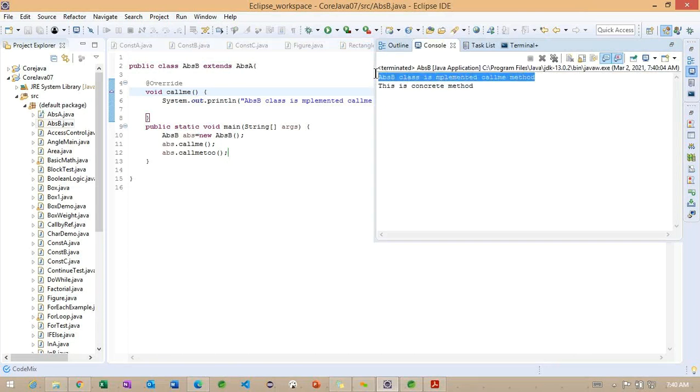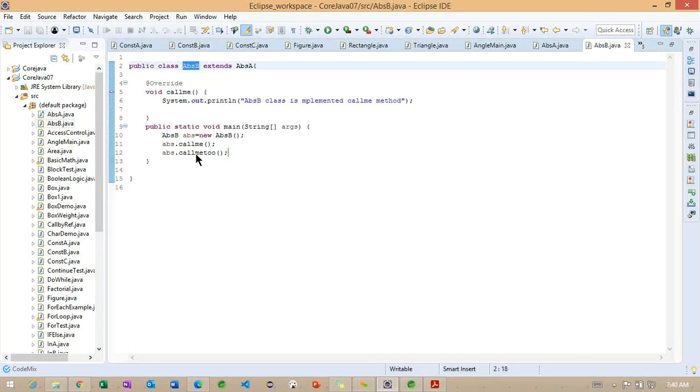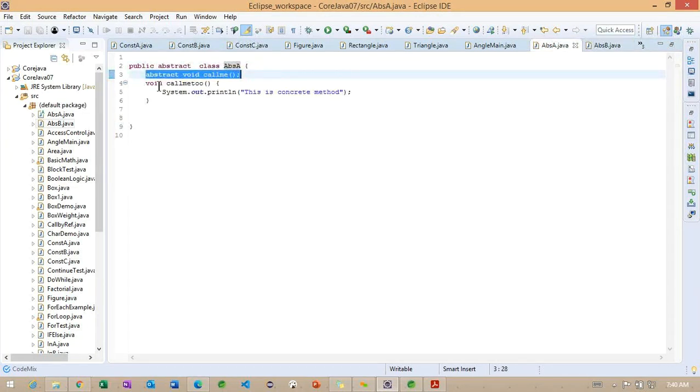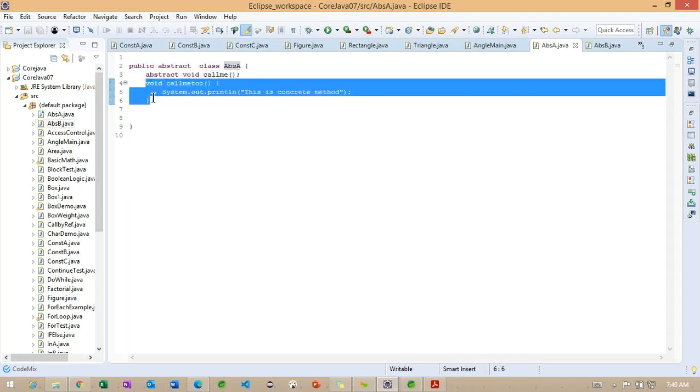This particular call me method is the overridden method, which is coming from this particular class, right? And whenever we call call me two, the method is not available in the implementation class, but it is available in the abstract class, so that method is executing here.